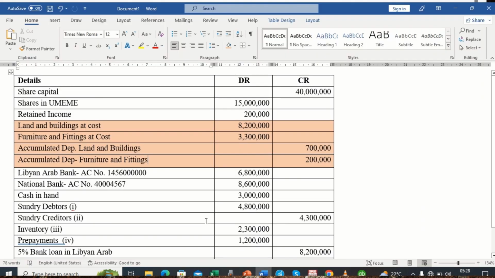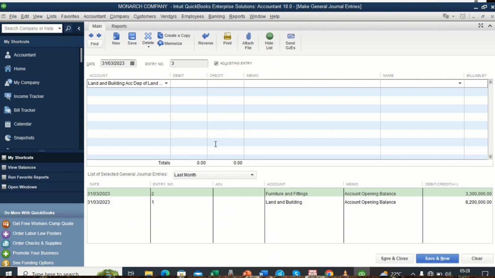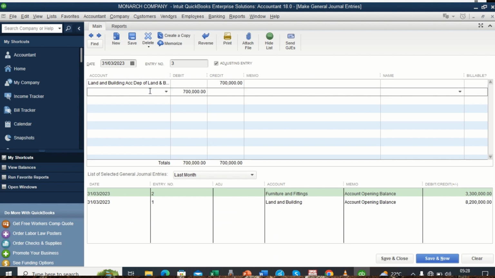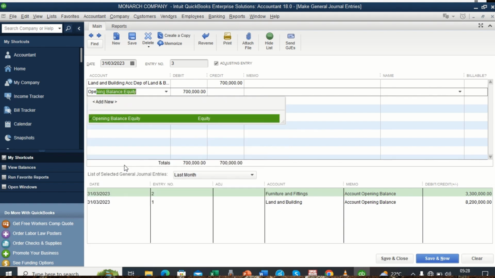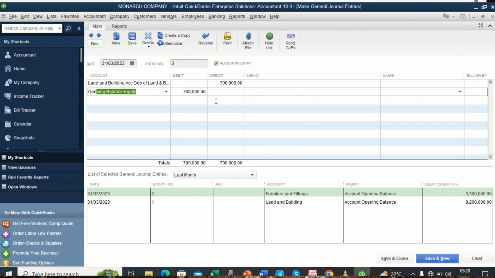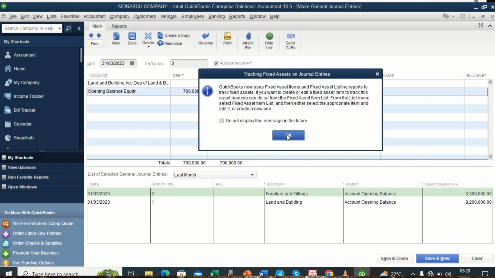And you realize that our accumulated depreciation for land is 700. So here we credit 700,000 here. That is 700,000. And of course, you know that when you are dealing with closing balances, we complete the transaction with opening balance equity. So from here, we shall look for our opening balance equity, which is that. And you realize we have balanced it off, and then we can save and new